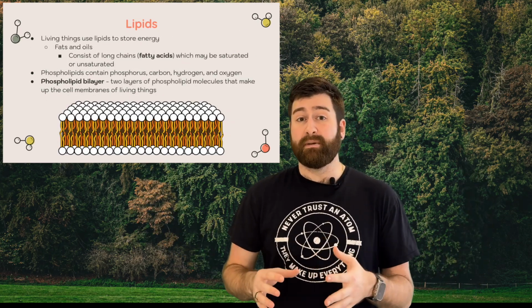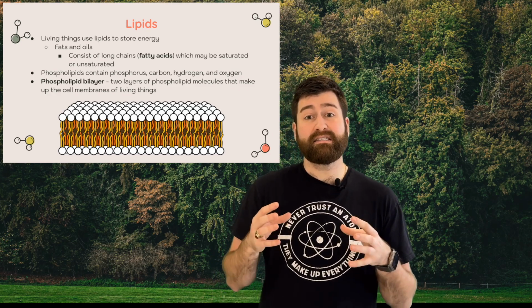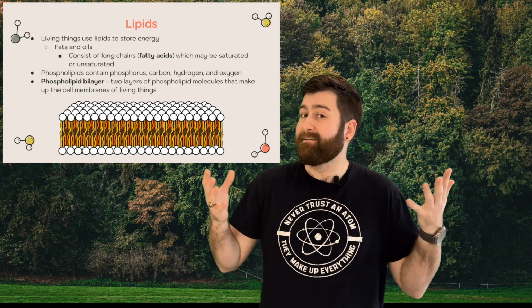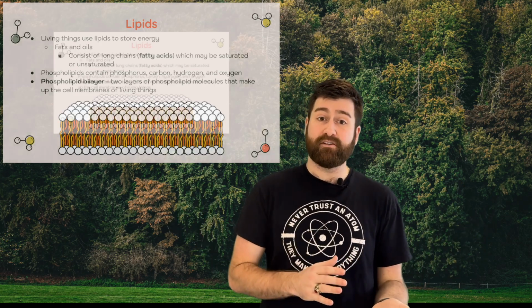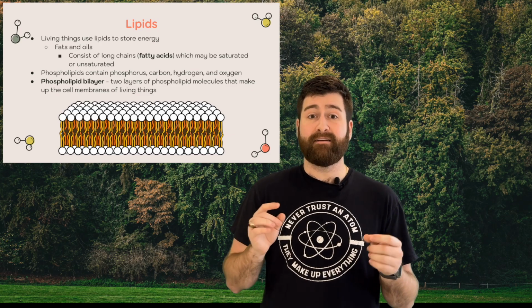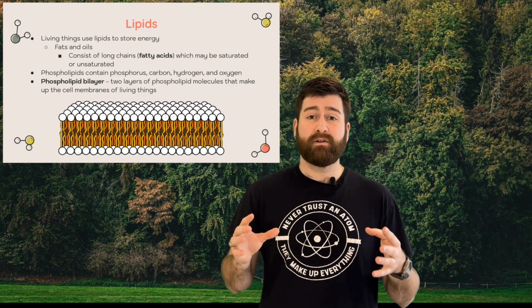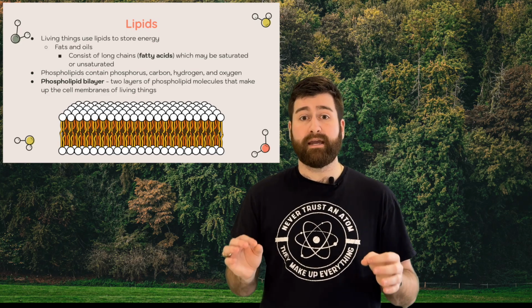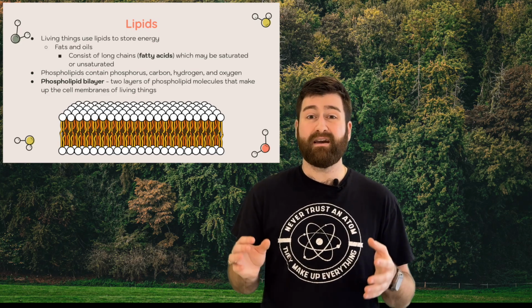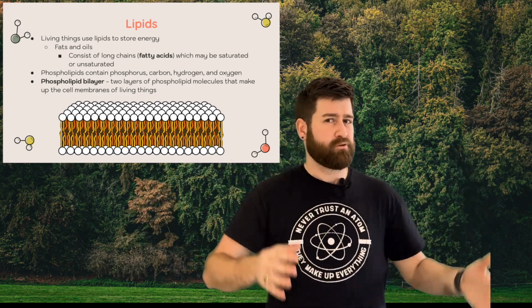Living things use lipids to store energy. They're fats and oils, and these consist of long chains, aka fatty acids, which may be saturated or unsaturated. Now, phospholipids contain phosphorus, carbon, hydrogen, and oxygen, and it forms the phospholipid bilayer, which are two layers of phospholipid molecules that make up the cell membranes of living things, which we'll spend more time in a future episode talking